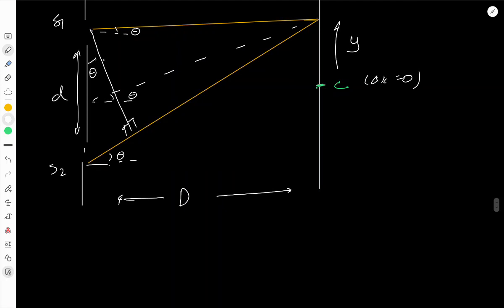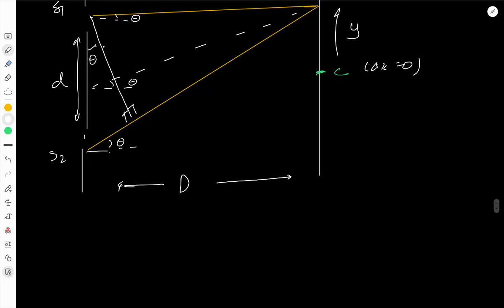So beta must be 90 minus alpha. Yes, we can prove it now, using the sum of the remote interior angles. But yes, the proof comes in